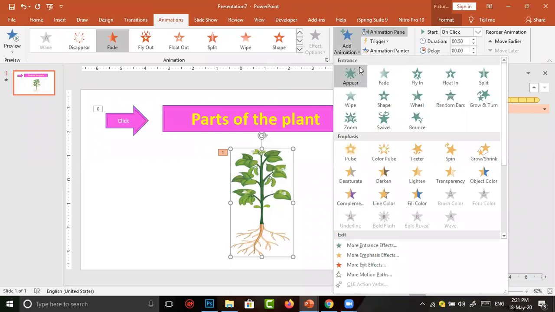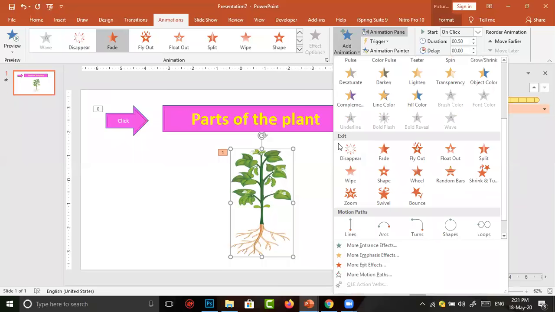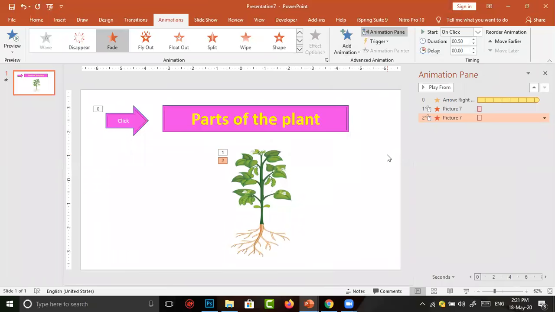So I am going to select the image and add animation. In add animation, I move to exit. In exit, various options are there. For this picture, I select the fade. I had already given it, so I removed the one I recently added.